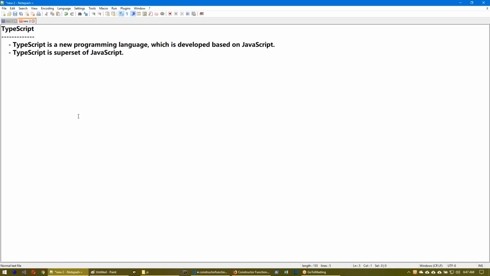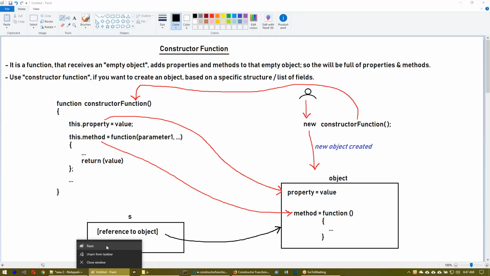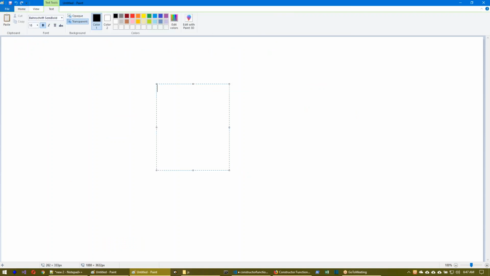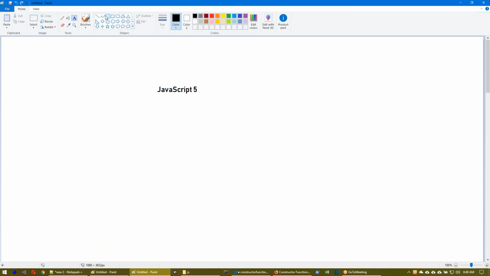So that means the concepts of JavaScript work as they are in TypeScript, but additionally some new features have been added which were really missing in JavaScript. So if you take plain JavaScript, I'm going to say JavaScript 5, if you consider JavaScript 5, it includes